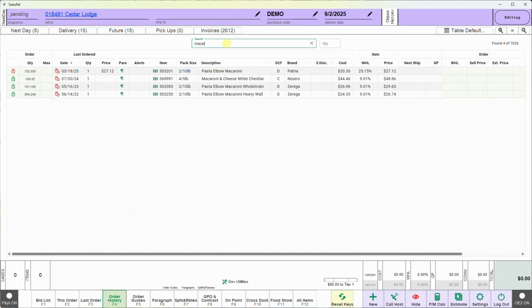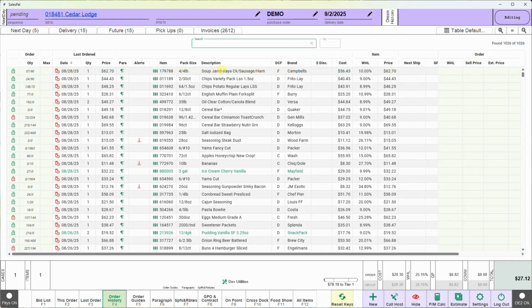Okay. Well, first of all, just by doing that, I can see that this one's on the bid list. It was the most recently ordered. And if I hit the enter key now and type a quantity of 1 and hit the enter key, I have added that to the list and I'm ready to type the next thing. So let's say I'm looking for